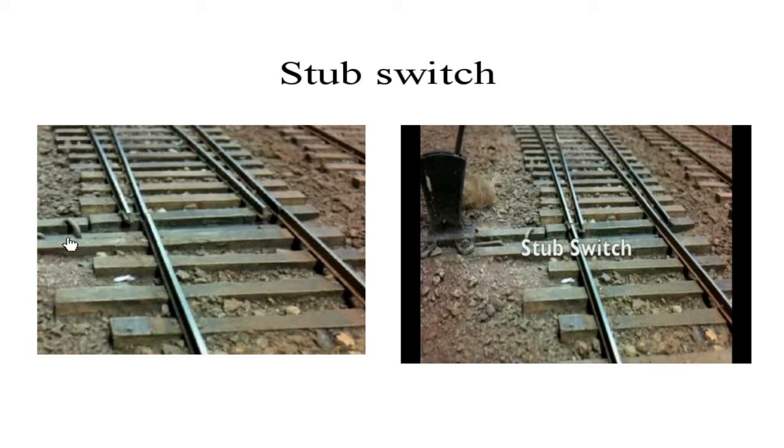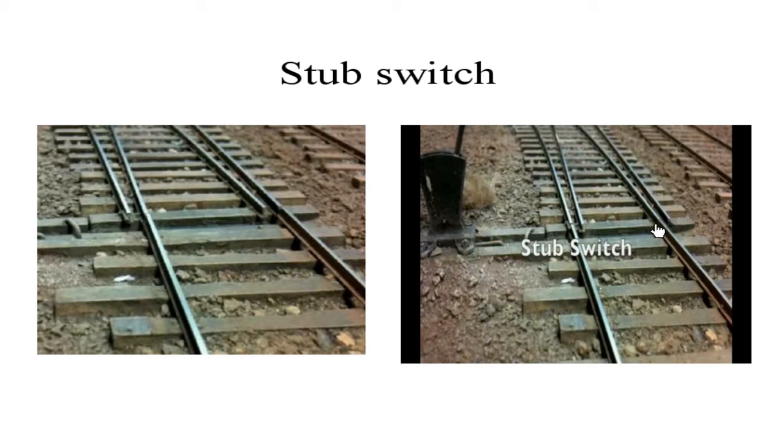So here you can see a lever arrangement. In this position, this is how the track is formed, or joined together. Now here a lever arrangement is there. When you are pulling the lever to the left, what happens? This portion will be formed. That means from here this is made to join this.